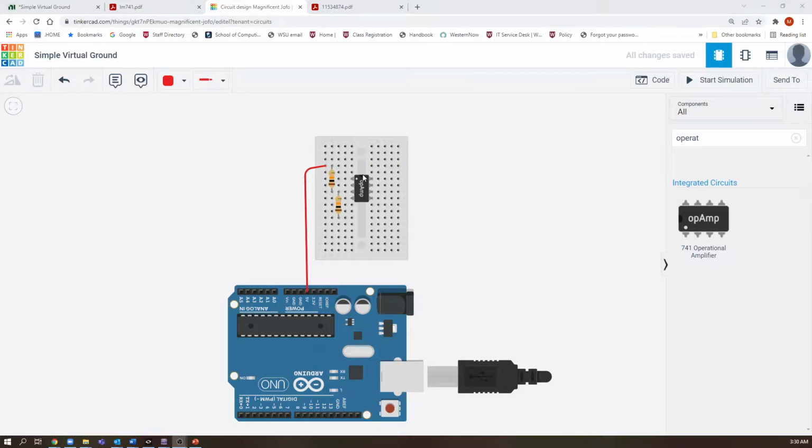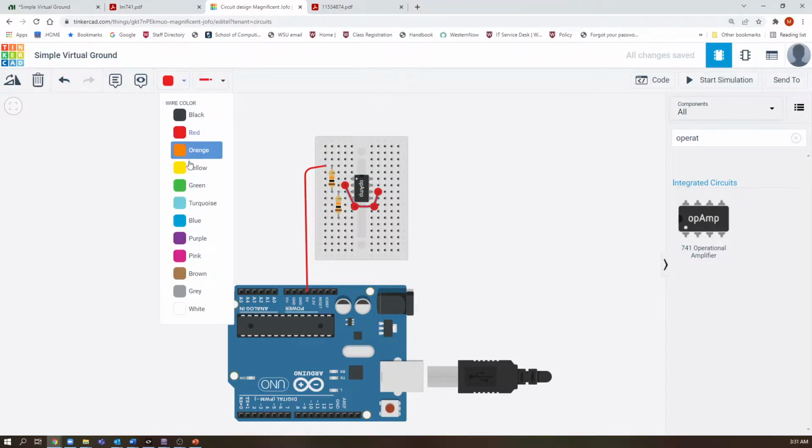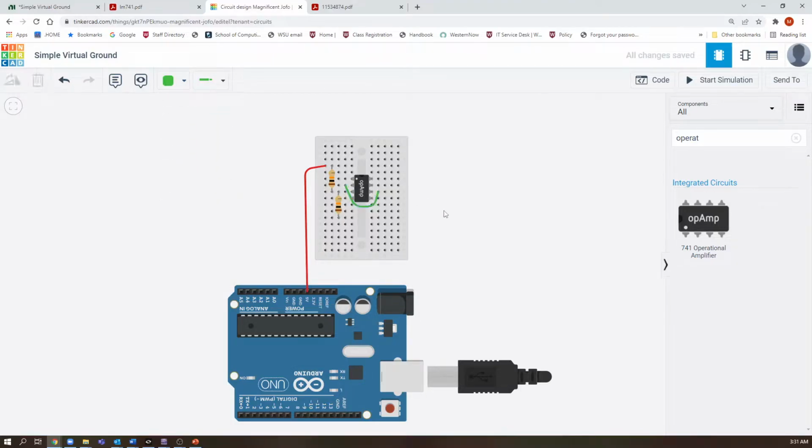Remember, the voltage follower is from 2 to 6. We shall color this red, green,